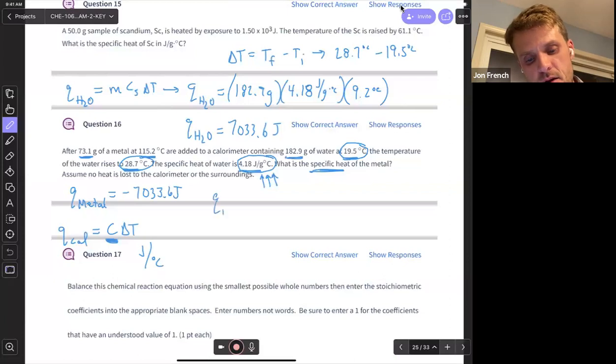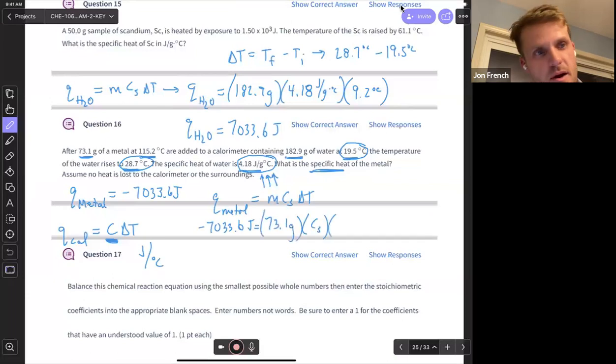Now I want to do Q for the metal, right? mc delta T. I know Q is minus 7,033.6 joules. The mass of the metal is 73.1 grams. I'm looking for the specific heat and the delta T,